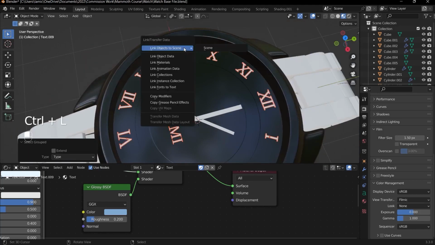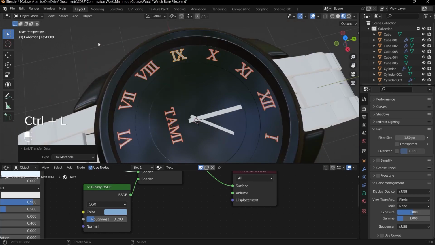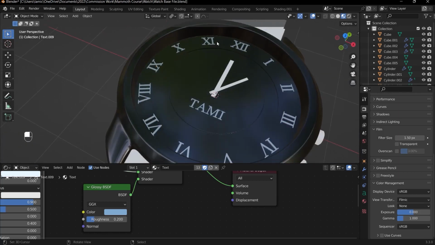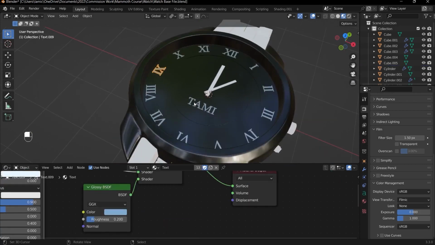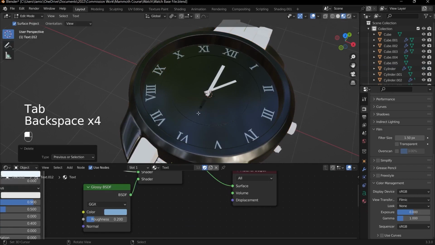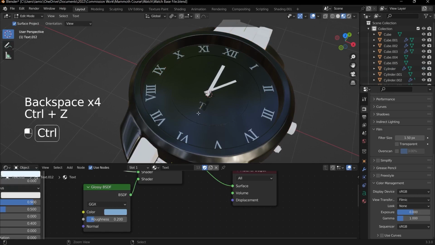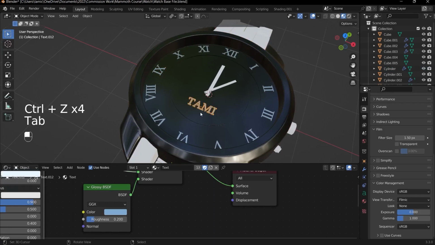So I can press Ctrl L and link materials and then right click off of it. And as you can see, we have all of our text colors assigned to the same one as seen here. Also, if you want, you can change the name here. I just put Tammy because that's my name, but if you want to change it to yours, you can just press backspace a few times and change it to whatever you want. Anyway,